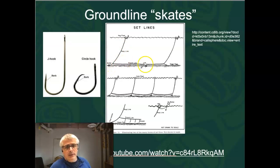And you space these out every 20 to 100 feet or more. And you go for as much line as you have. It depends on your permit, etc. And you put another anchor down and a buoy on the other end. And then you leave these out for some period of time, usually not days. In fact, usually on the order of hours,